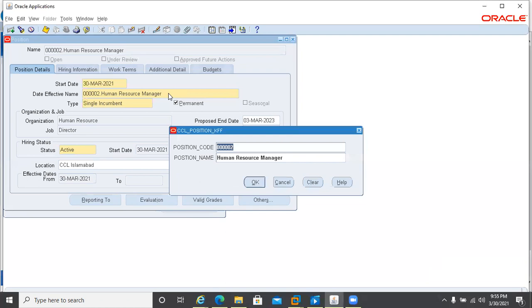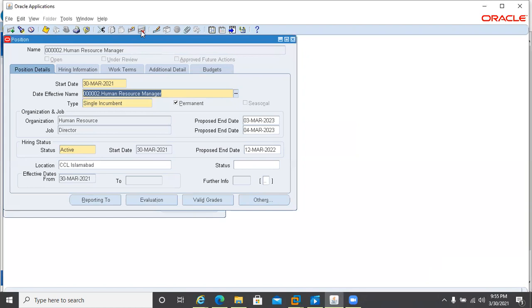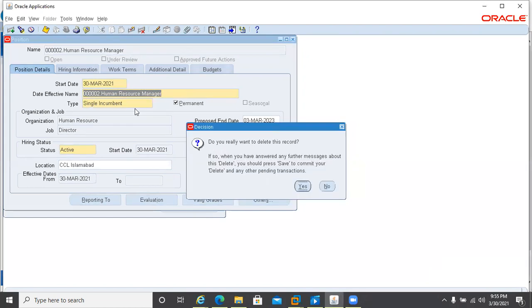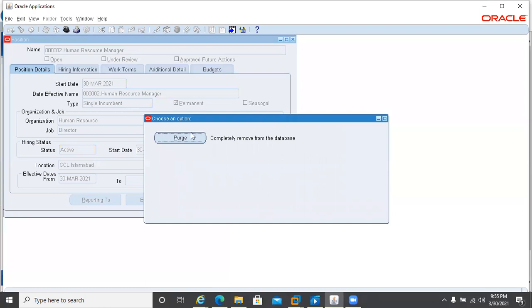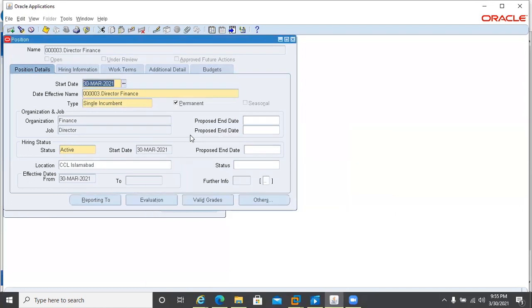Now once I try to delete this one, it will ask me to purge and I will purge this record. And I will save the record. Okay sir, now the position is deleted. You can see at the bottom, transaction complete, one record applied.